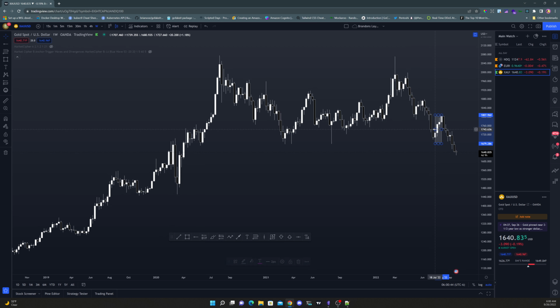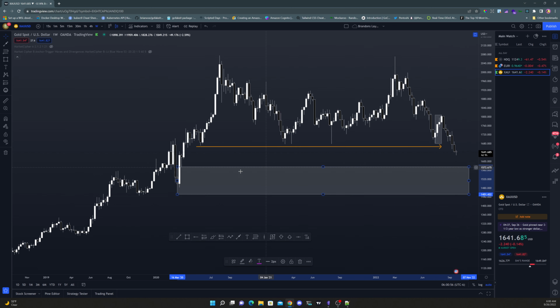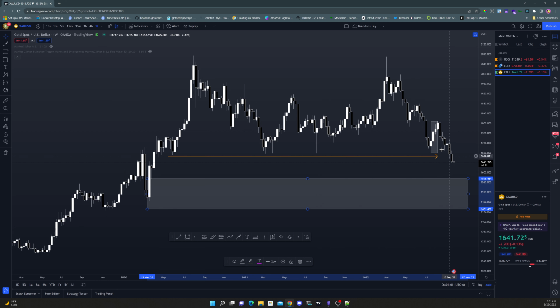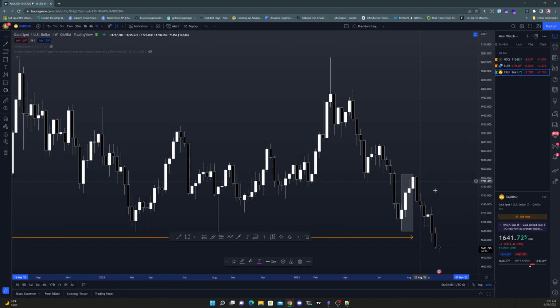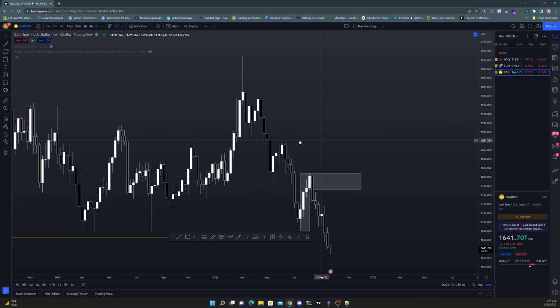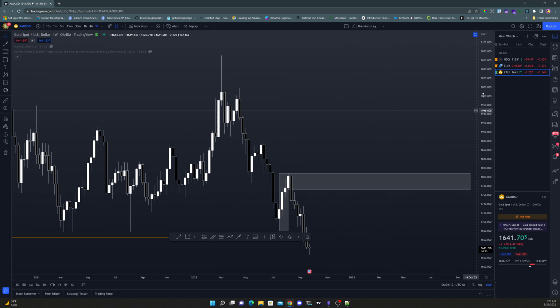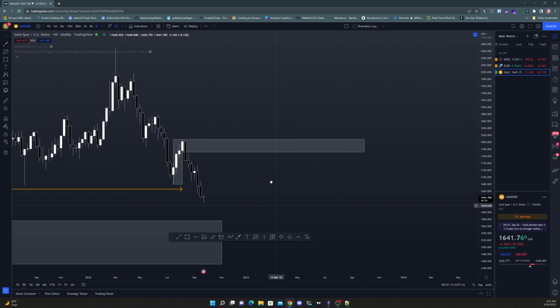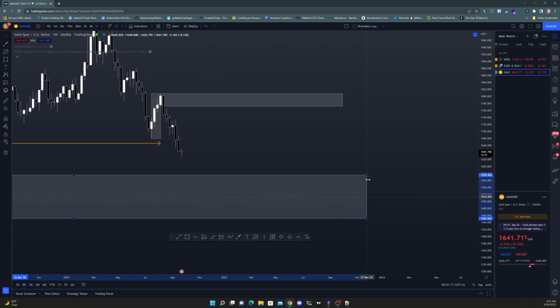Go check the older videos, but what we were talking about was there's all these equal lows here, and we're going to eventually run them to mitigate this, or come down into here in some form or fashion. It looks like we did run those lows, and we created this MB here. With that MB, we'll say this is a supply zone, and we could look for sells off of that zone to come down in here,